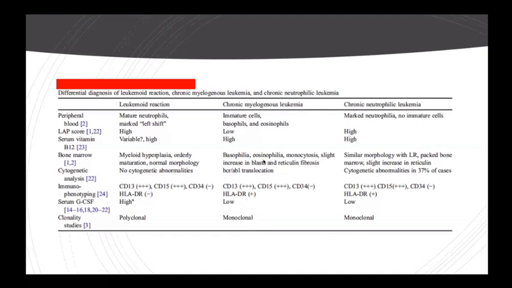While in CML, the pathophysiology is not the release of enzymes. It is a proliferative disorder in which there is proliferation of the neutrophilic lineage, and so there is more of an immature form. As a result, there is no need for increased alkaline phosphatase activity, and the LAP score is low in CML in comparison, ma'am, to inflammatory conditions. But ma'am, is it low in comparison to leukemoid, or low compared to the normal activity? Because low means compared to the normal only.